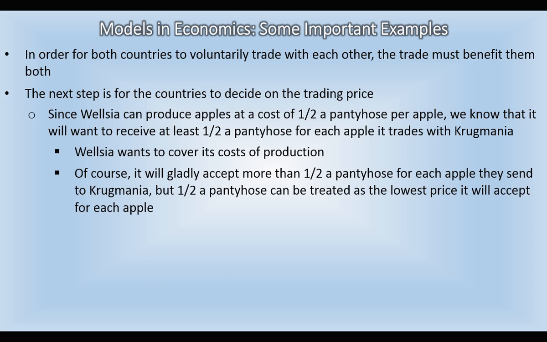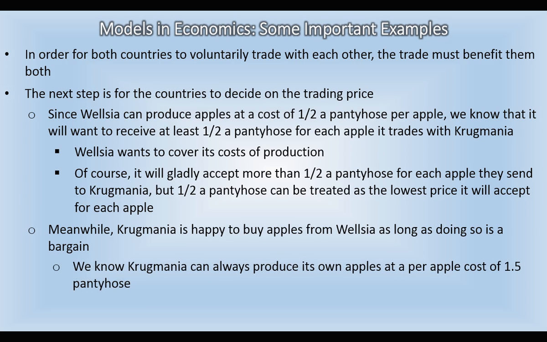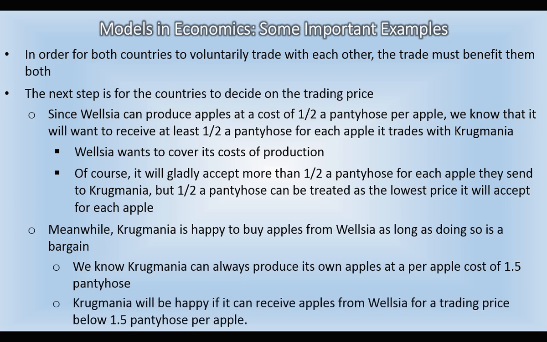Of course, it will gladly accept more than half a pantyhose for each apple they send to Krugmania, but half a pantyhose can be treated as the lowest price it'll accept for each apple. Meanwhile, Krugmania is happy to buy apples from Wellesley as long as doing so is a bargain. So we know that Krugmania can always produce its own apples at a per apple cost of 1.5 pantyhose. So Krugmania would be happy if it can receive apples from Wellesley for a trading price below 1.5 pantyhose per